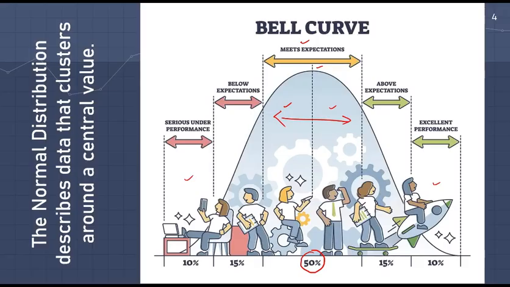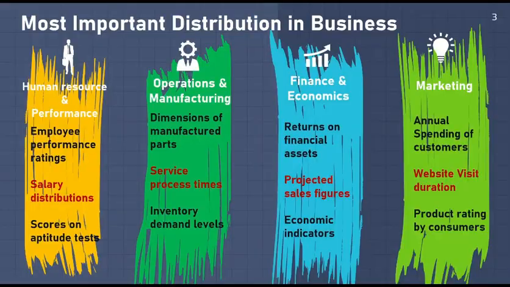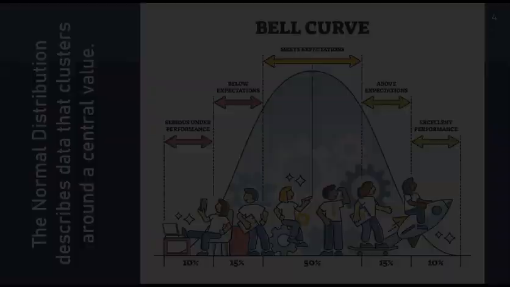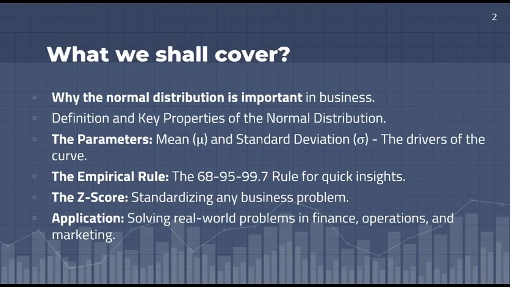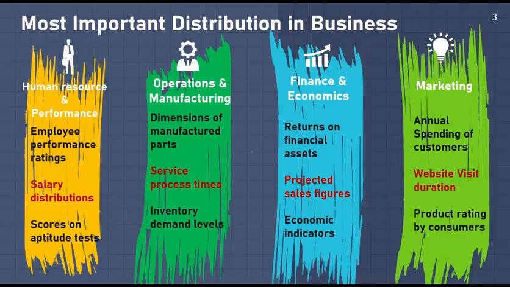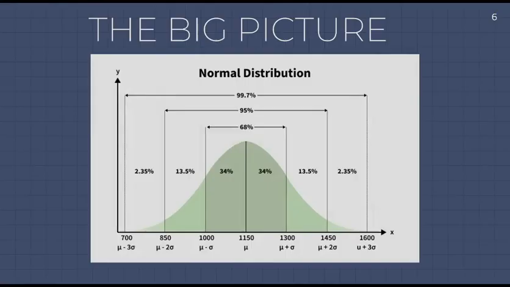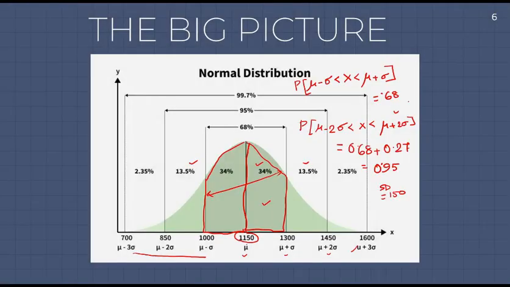We have mentioned this particular rule. Yes, this is 68%, 95%, and 99.7%. That rule is what we have done just now. You see, the first one is 68%, the second one is 95%, and the last one, if we add,